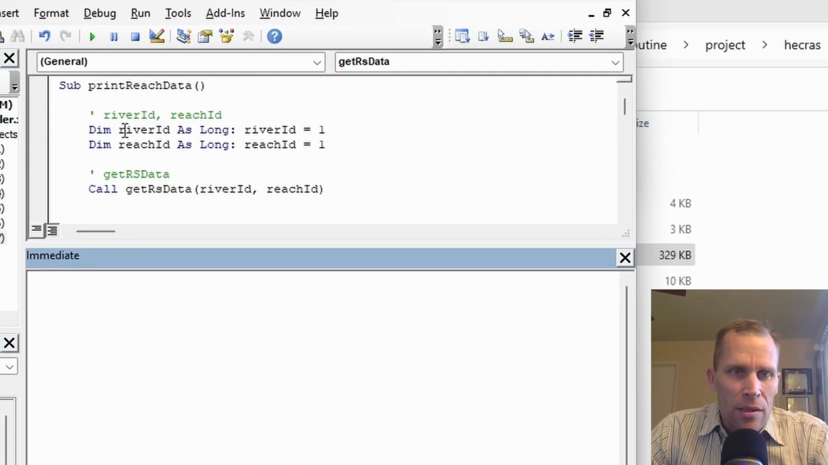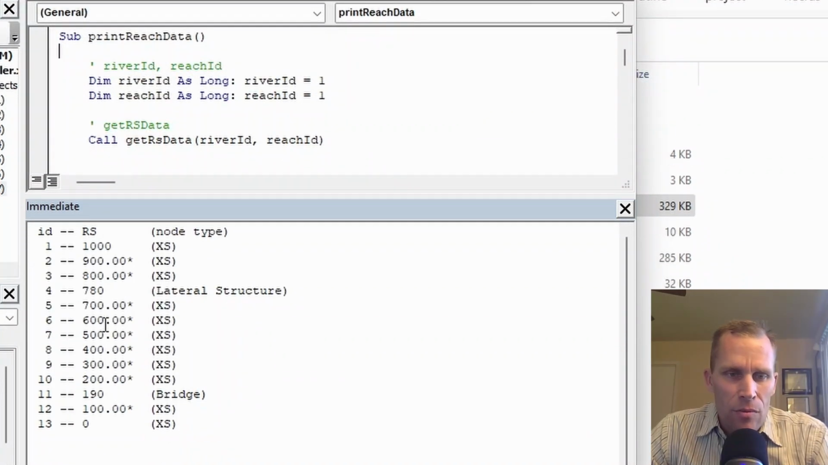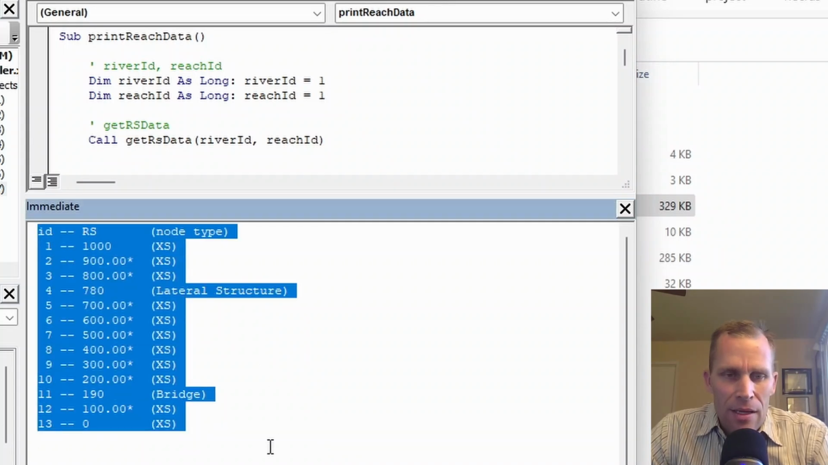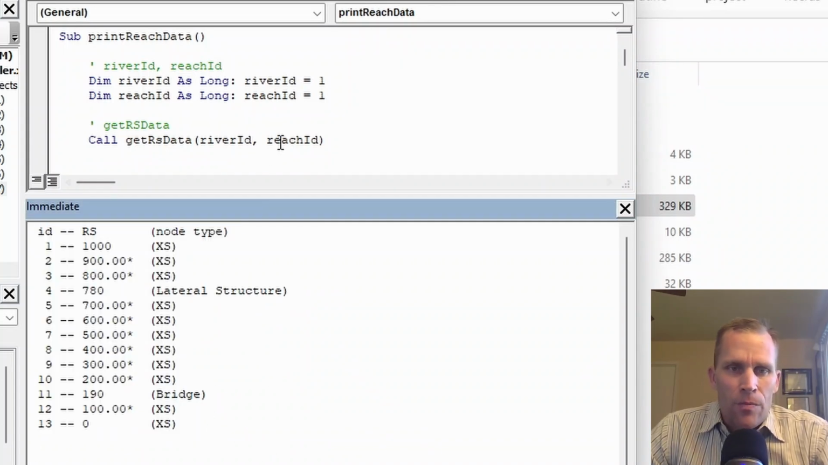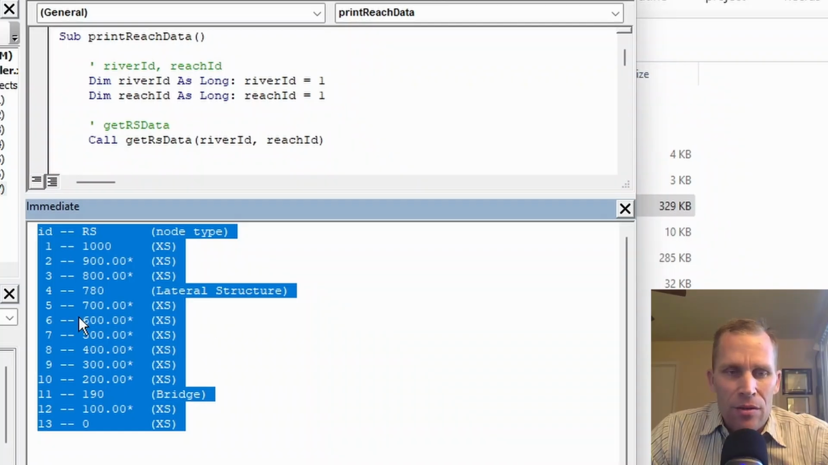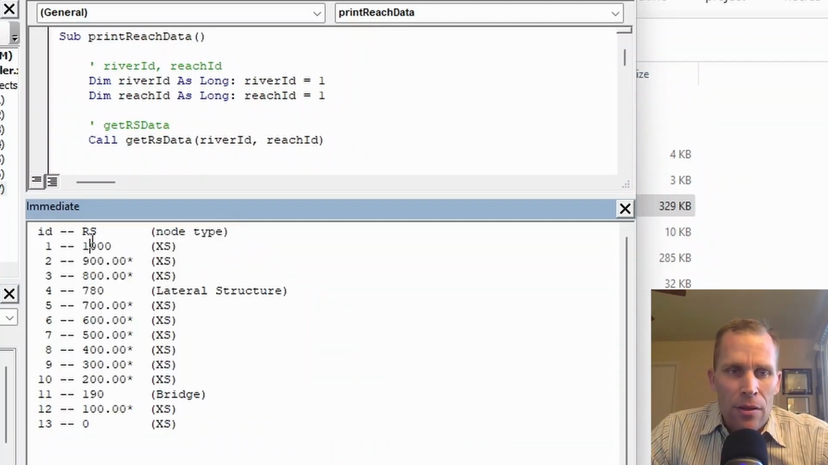Just move this out of the way, scroll up to the very top where we have our print reach data, and then click on the play button to run the subroutine. And then here again are our results. So in the future, if you needed to perform the same action on a specific river and reach, you now have a function to give you all the data you need to identify the node ID, the river station as a string, and the node